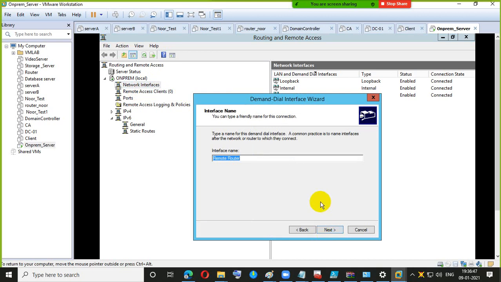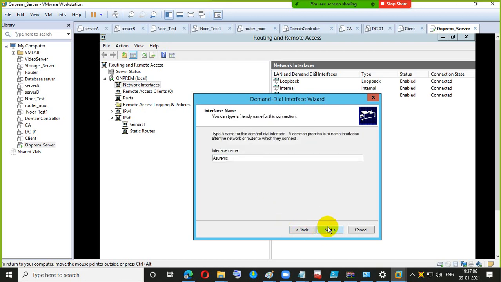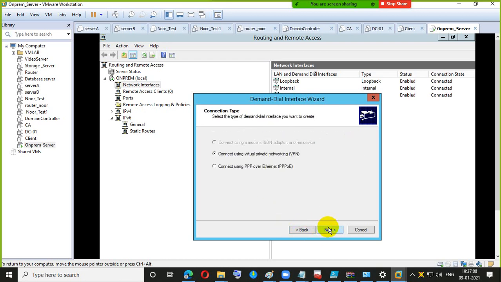So here we'll name it Azure, connect VPN. Now here the protocol we have selected is IKEv2.